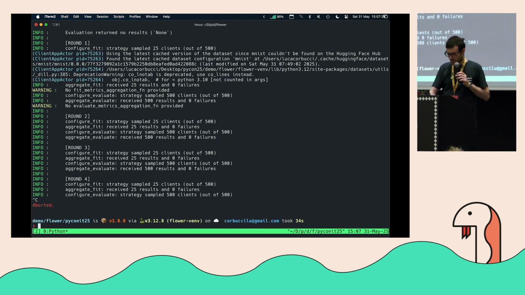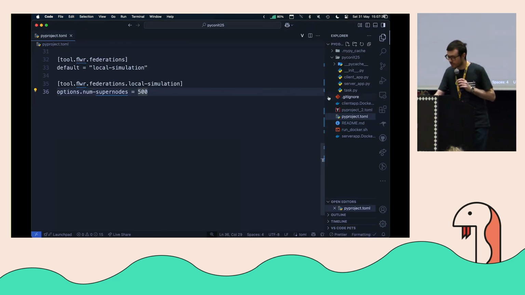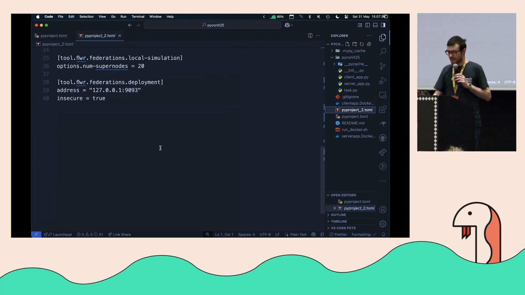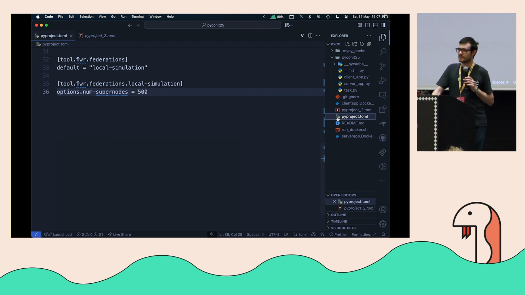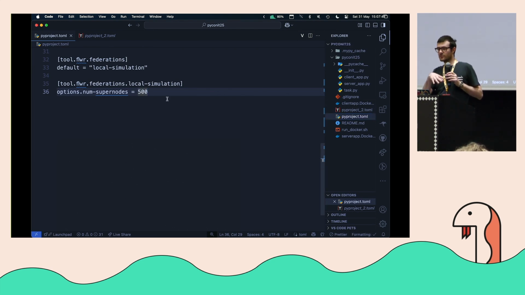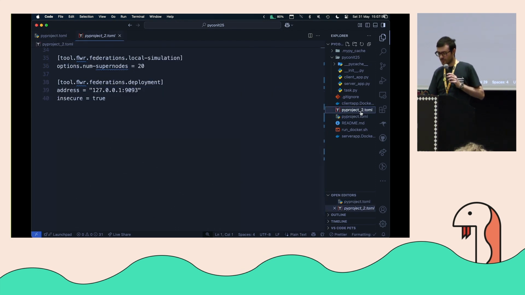So I can stop it, and I wanted to show you one last thing in the demo. I've said to you that you can also run the clients and the server in Docker containers. So in this case, in the original PyProject file, we were asking Flower to run the simulation on our device. But what you can do is also to add some